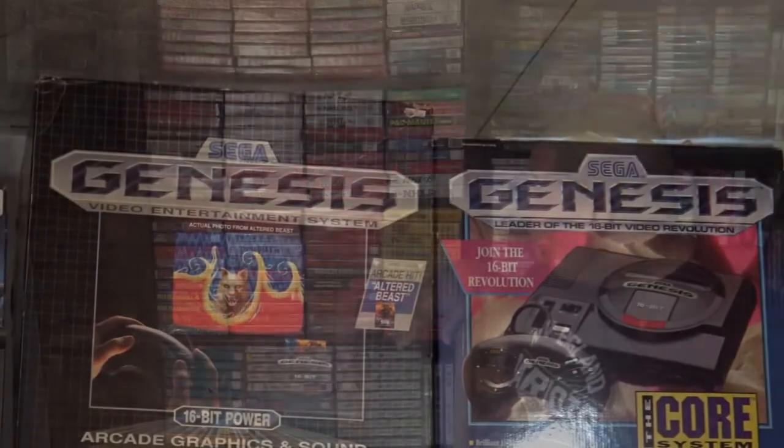Guys, this is my Sega wall. What can I say about the Sega Genesis? It was the second system I had of all time, first being Game Boy. Man, did I love my Sega Genesis. It's funny because people will either say that they're a Nintendo fanboy or a Sega fanboy. And although Game Boy was my favorite system of all time, and it was made by Nintendo, Sega has got to be...